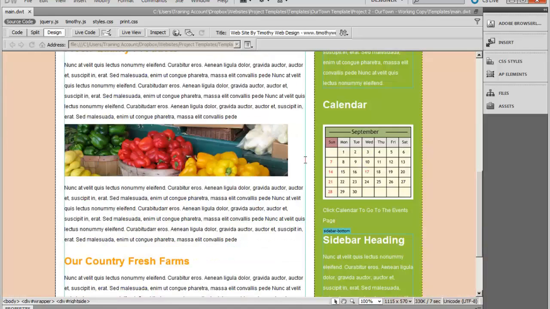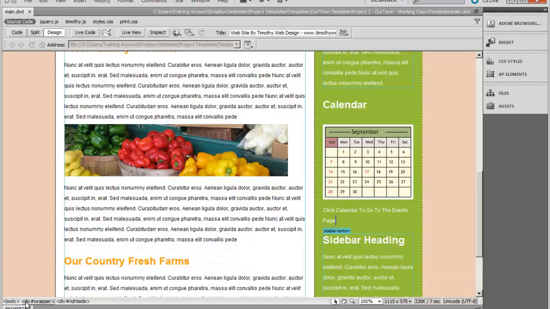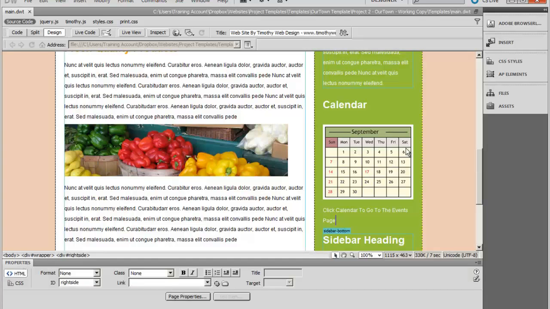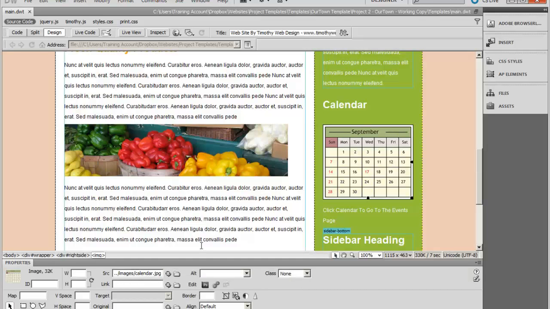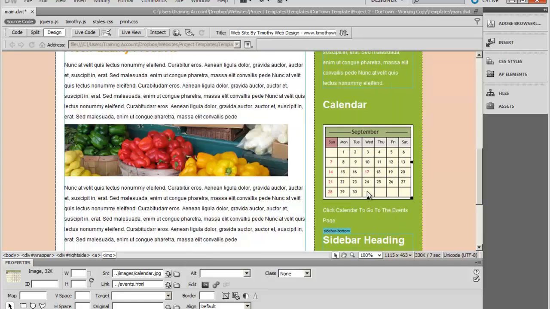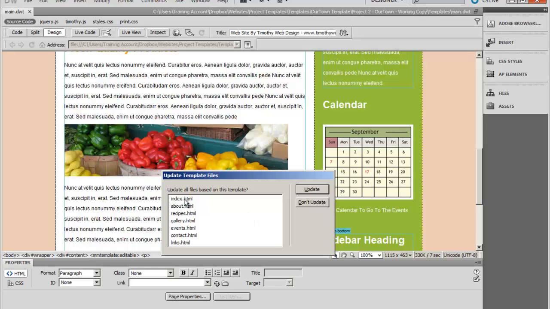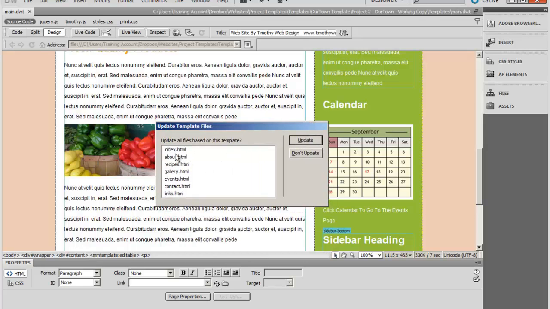I'm going to go into design view because it's real easy to add links using the properties panel here. Remember, you double click on that to open and close it, and I'm going to click on that image, come down here to the link box and click the open, and I'm going to scroll down until I find the events page, select that, and we'll save it. Now I do want to update all these pages, so I'll hit update,